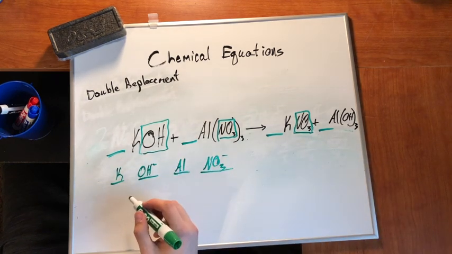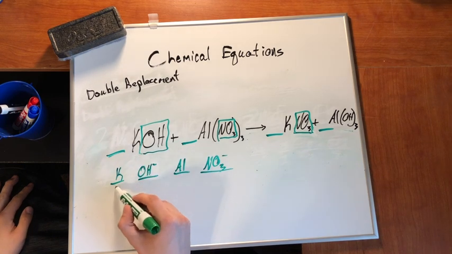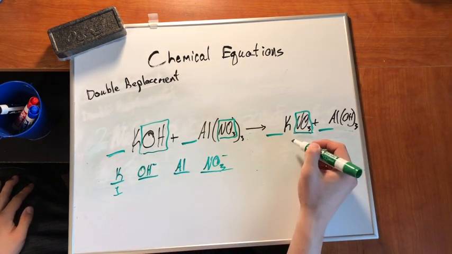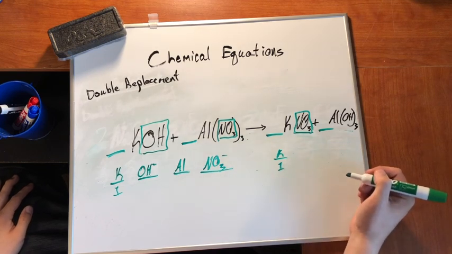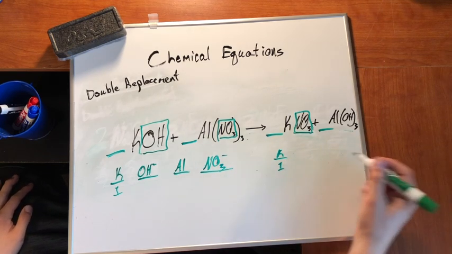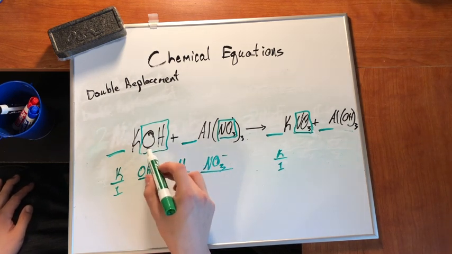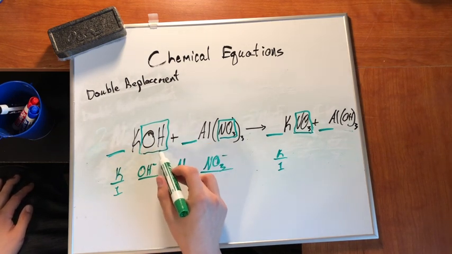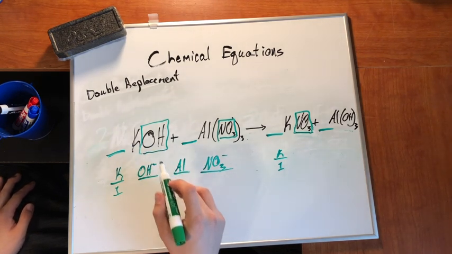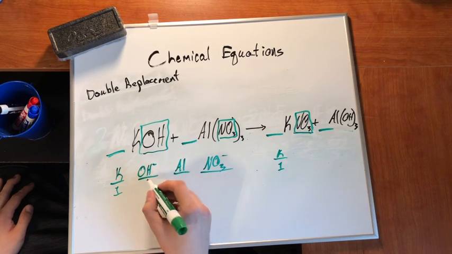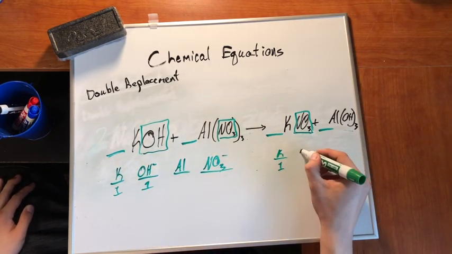Okay, so let's try this. So let's start with potassium. On the left side, I have one potassium atom. On this side, I have one potassium. So that one's actually balanced. That's not too bad. Coming back over here, let's move to the next one. So I'm not doing oxygen, I'm doing hydroxide. I'm doing the whole thing as if it were one puzzle piece. So I want to ask myself, how many hydroxides do I have on this side? Just one. On this side,